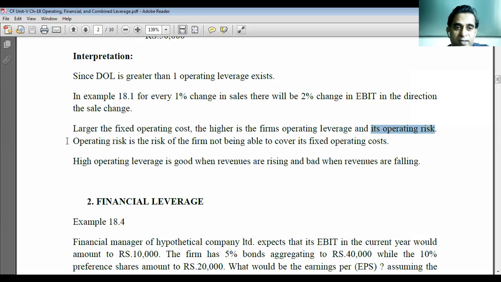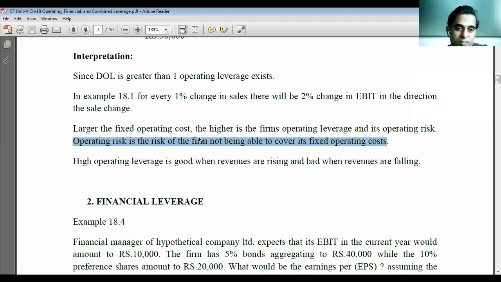So what is the operating risk? Operating risk is the risk of the firm not being able to cover its fixed operating costs if the sales are not enough. If the company deploys a heavy amount of fixed operating cost, in such a case the operating risk will be very high, as the sales are low and operating costs are high, and the company will not be able to cover all the